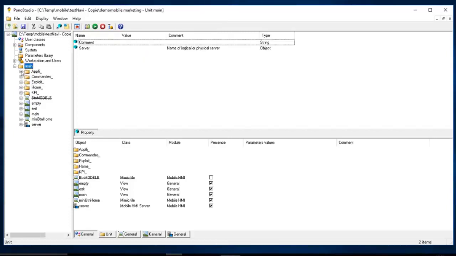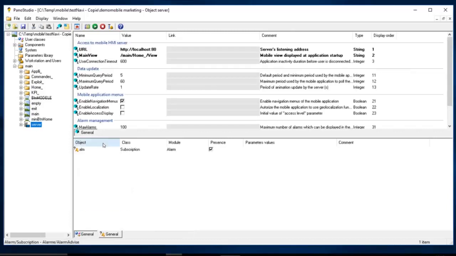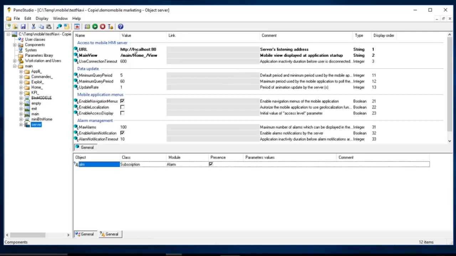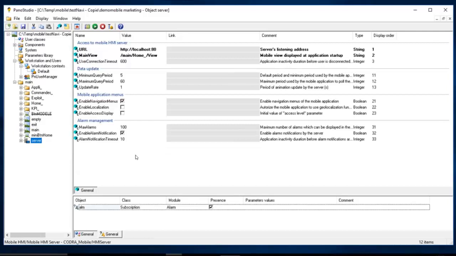So this is the application which is running on my server and which is available through the mobile application. This application deals with a mobile HMI server. You have to provide the classical URL and domain view, like your workstation and your context management, it's also the same behavior.